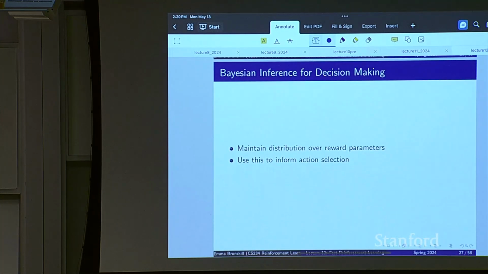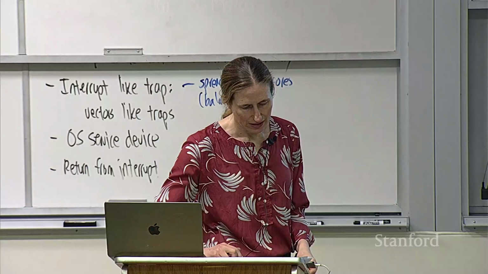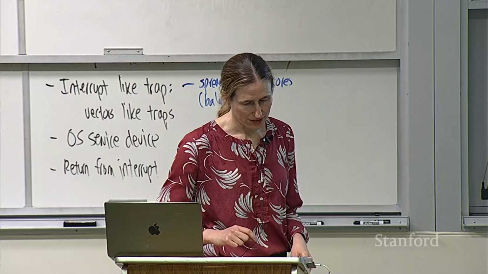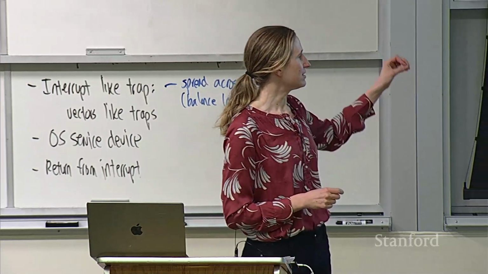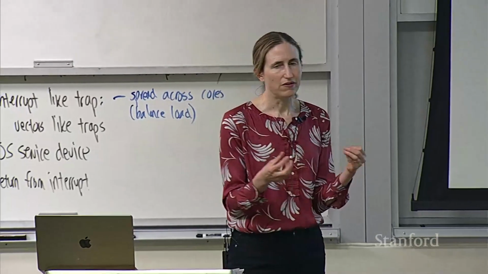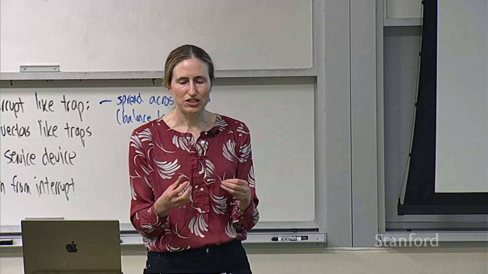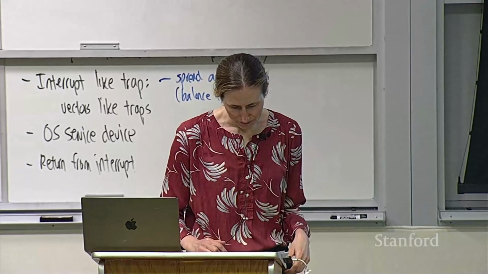So now when we have this, this is basically giving us a distribution over the reward parameters, and we can use this to actually make decisions. There's a couple different ways to do this. One of the ways is by getting a confidence interval, similar to what we've seen before. But the other thing is called probability matching or Thompson sampling. Let's go through Thompson sampling now and see an example.